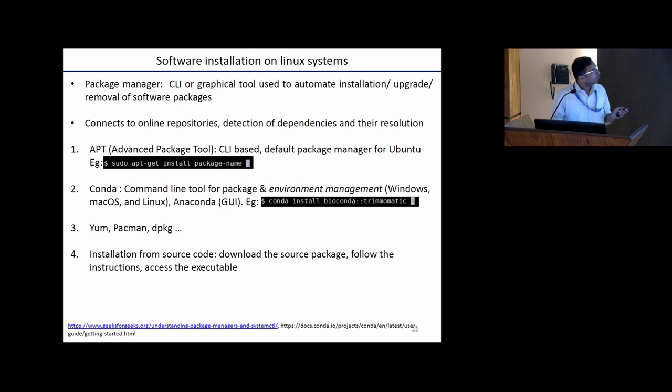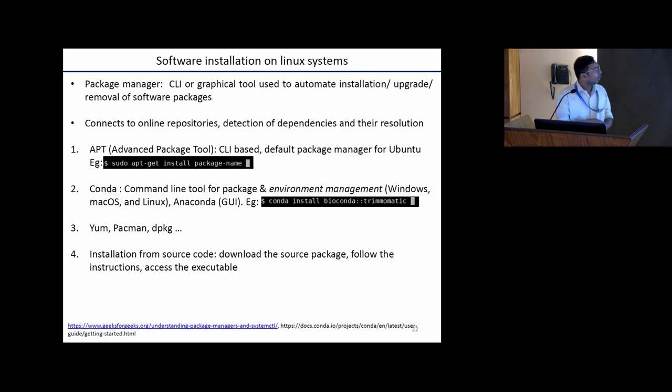So one of the famous package managers is called APT, Advanced Package Tool. It is command line based, and how do you do it? You have to use this command: sudo apt-get install and the package name. Suppose you want Trimmomatic, you say apt-get install trimmomatic, right? But this was